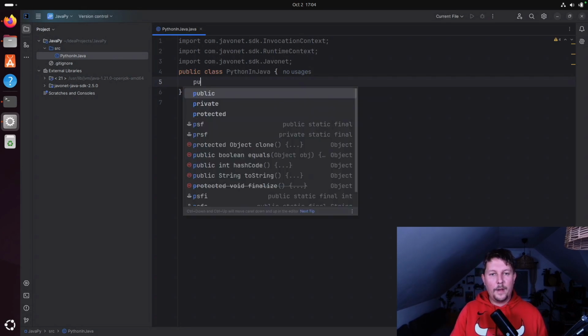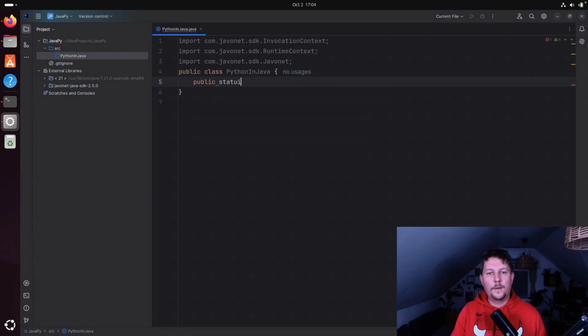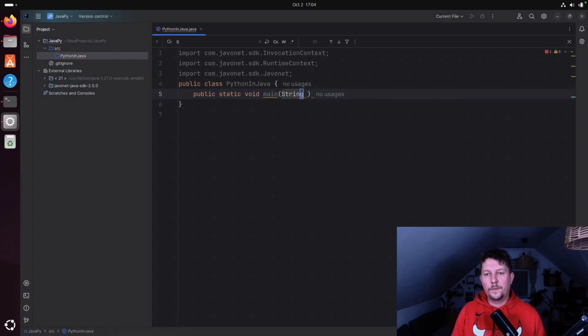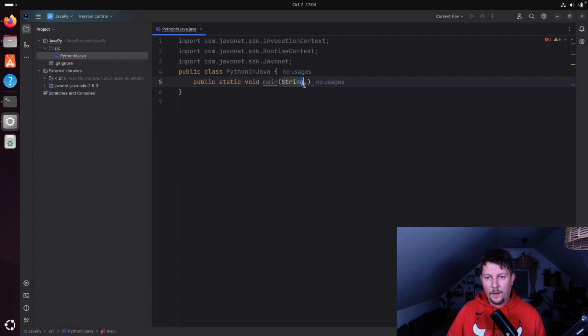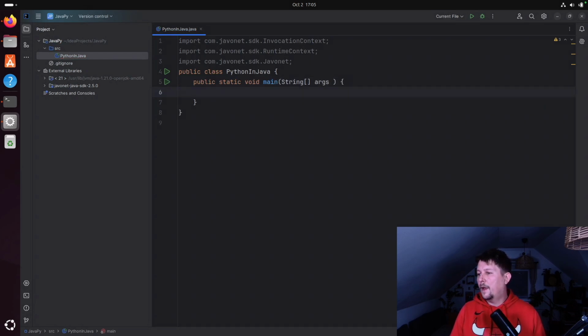And we should have the public static void main with string args, and we need the curly braces, and then